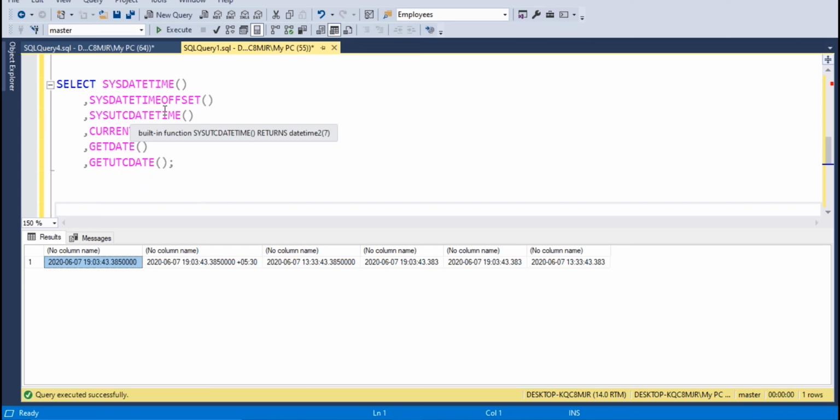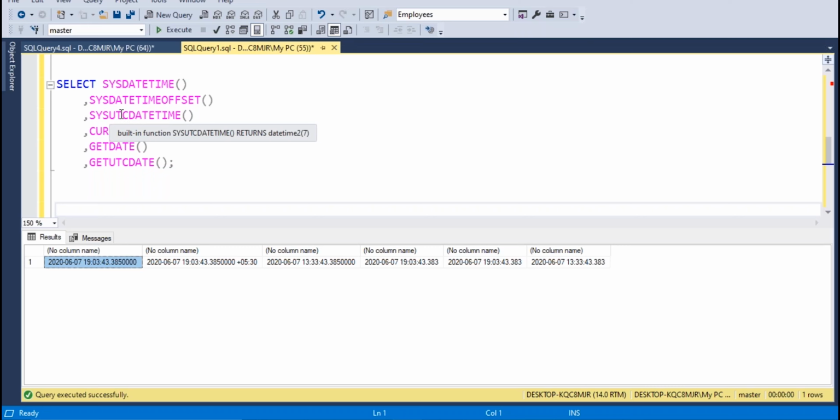The SYSDATETIMEOFFSET function returns the SQL Server instance operating system date and time along with the time zone. And you can observe SYSUTCDATETIME. UTC is Coordinated Universal Time.